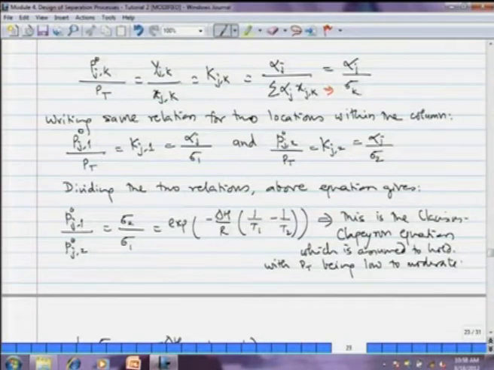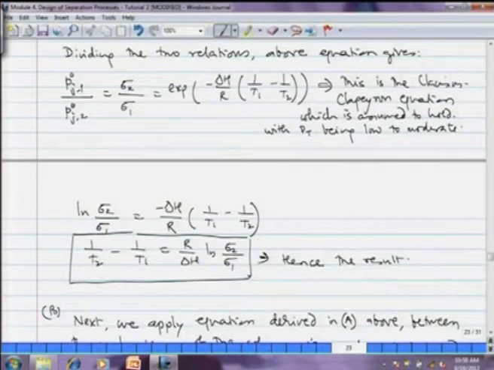Okay. So, we do the same thing for two locations, then 1 by T naught gets cancelled, because we subtract the values, and then we get P naught J 1 divided by P naught J 2 is equal to exponential of minus delta H by R into 1 by T 1 minus 1 by T 2. Then we convert the exponential to ln. So, we take ln of the left hand side, ln sigma 2 by sigma 1 is minus delta H by R into 1 by T 1 minus 1 by T 2, and then you can rearrange this equation